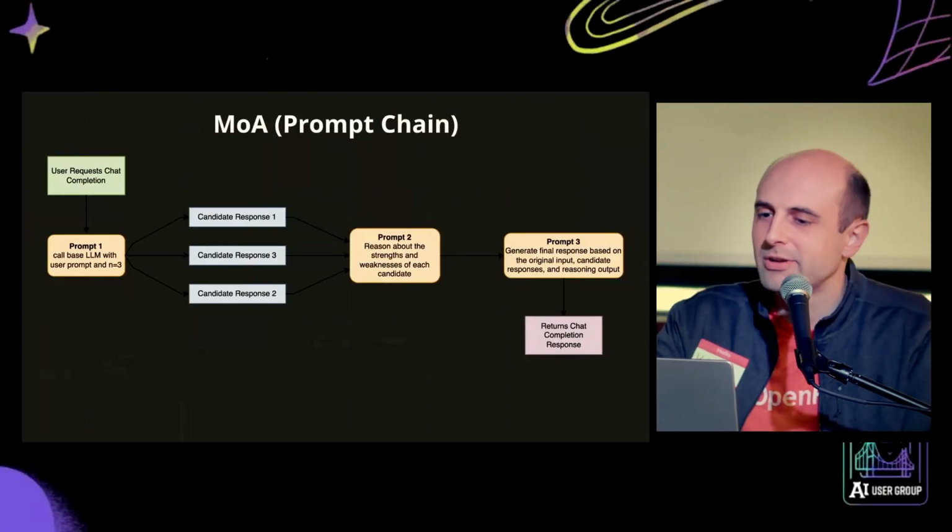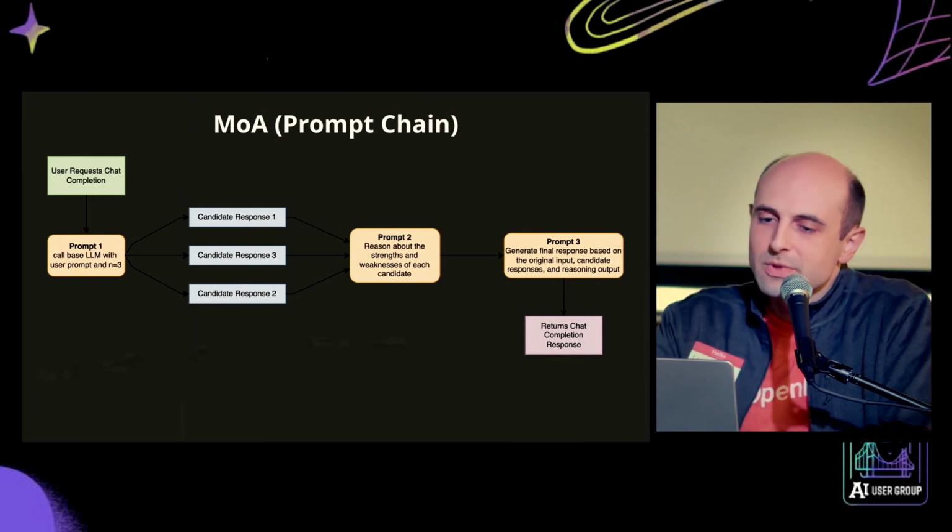Okay, why would you do a prompt chain like this? Actually, let me talk through what the prompt chain is in case that's not clear. First of all, you're just going to call the LLM the way you would normally. You're going to ask it to generate several different responses. You will then call your LLM again and say, hey, look at these outputs. Tell me what's good or bad about them. And then finally synthesize them into a final response. Okay, pretty simple. Again, this is a pattern that a lot of folks use. You'll see it implemented in frameworks like LangChain.